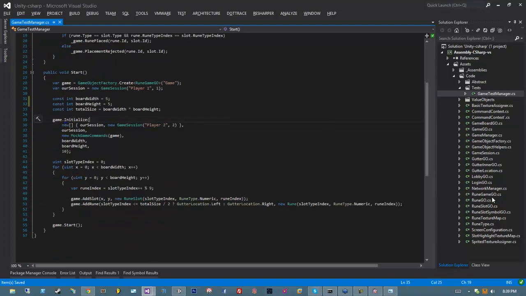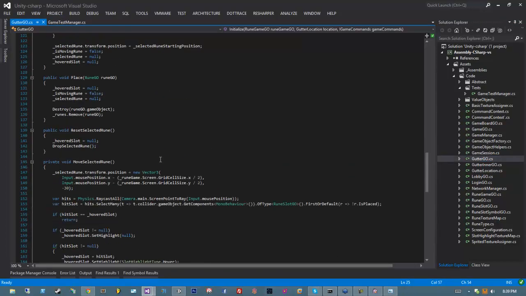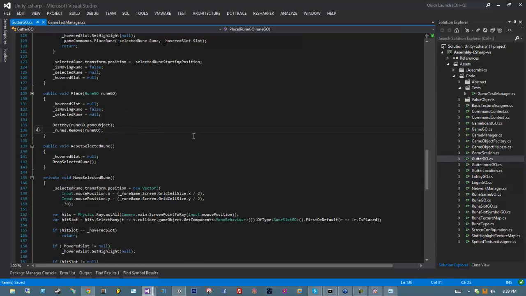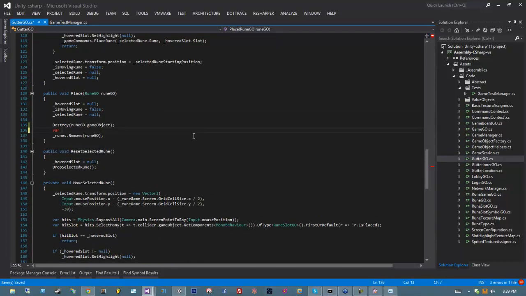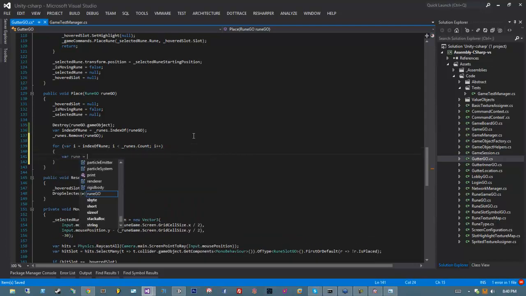So what I can do in my gutter go on my place is that once I remove it, let's get the index of it first. So let's say index of rune equals runes index of rune go. Then what I can do is say for var i equals index of rune, i smaller than runes.Count, i plus plus, var rune equals runes at i,